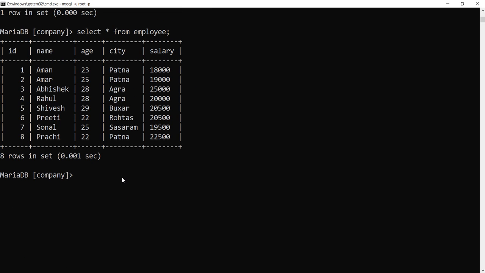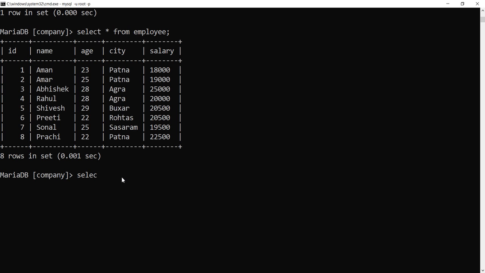Now, the min function and max function. I want to get the maximum value of the salary.